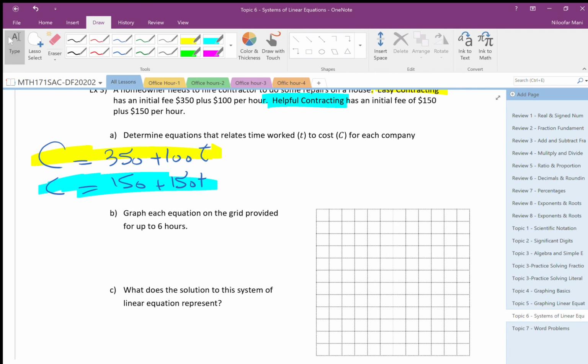So for the first one, which I can make yellow, at the beginning when t is 0, I pay 350. Then after 1 hour, I pay 450. After 2 hours, I pay 550. After 3, I pay 650. At 4, I pay 750. At 5, I pay 850. And at 6, I pay